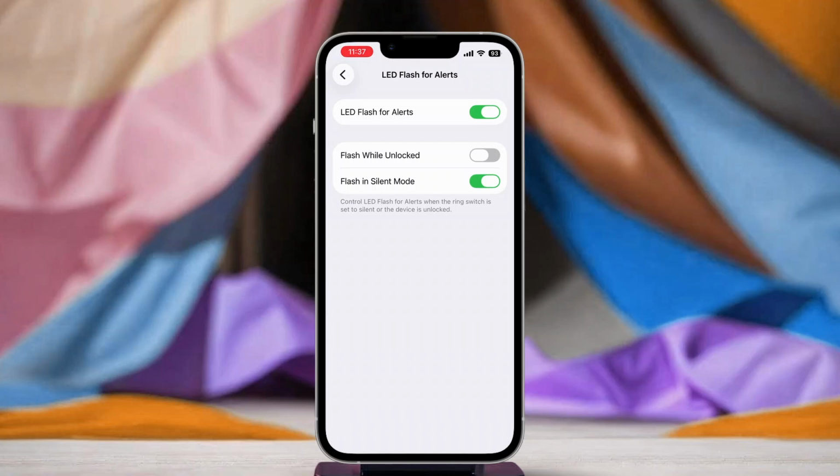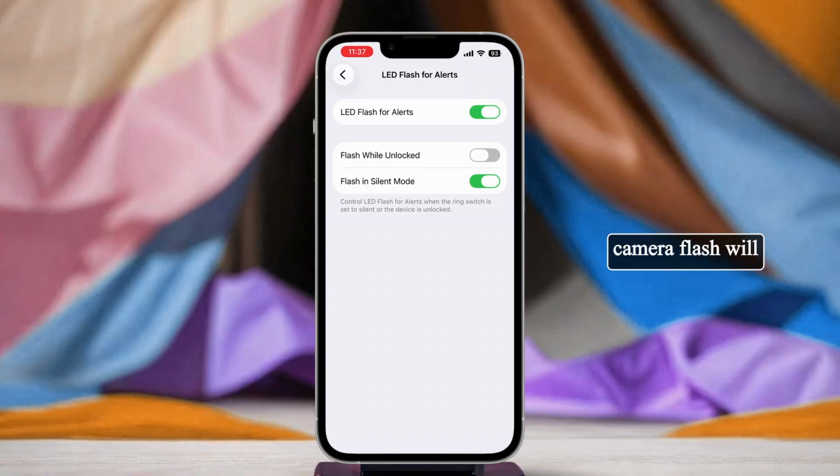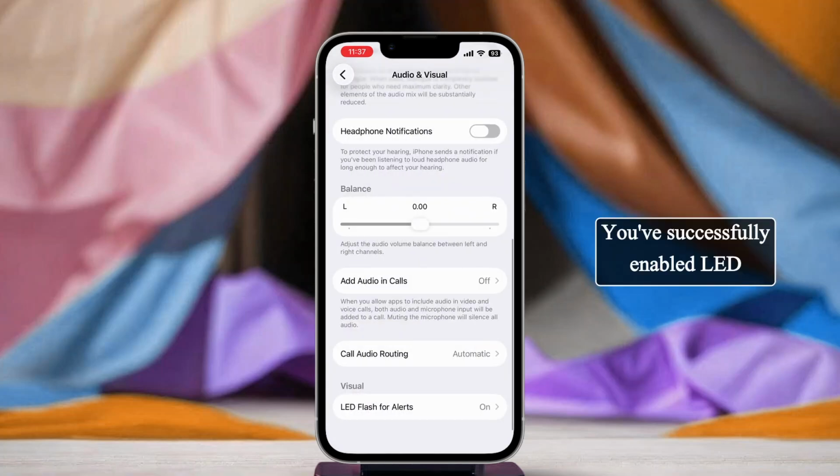Once you've configured these settings, every time you get a call, text message, or any notification alert, your iPhone camera flash will light up to alert you. And that's it. You've successfully enabled LED flash